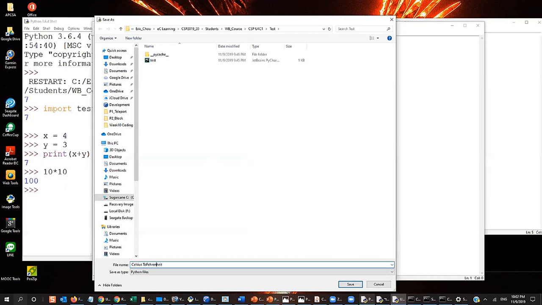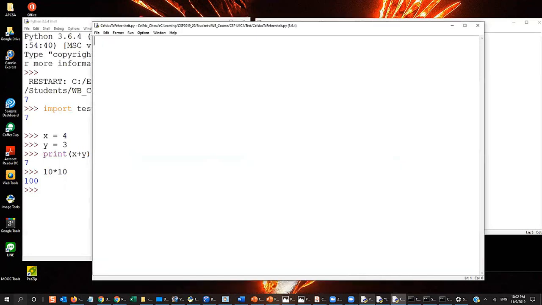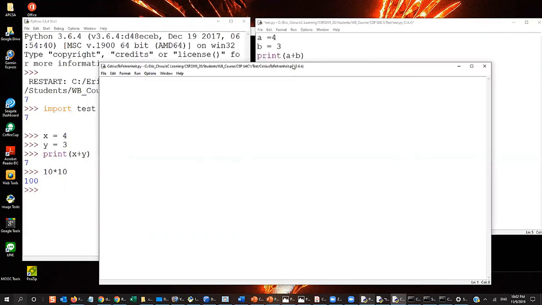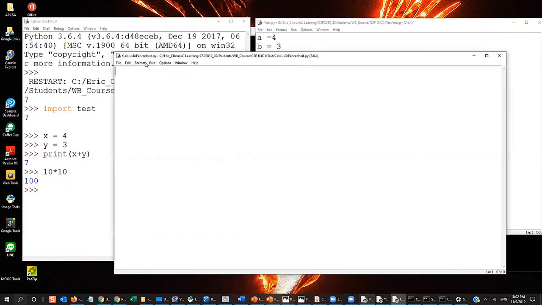Okay, so let's call this program Celsius to Fahrenheit program. I'm going to convert Celsius to Fahrenheit. So let's get started. Okay, available in Python. Let me actually see if I can